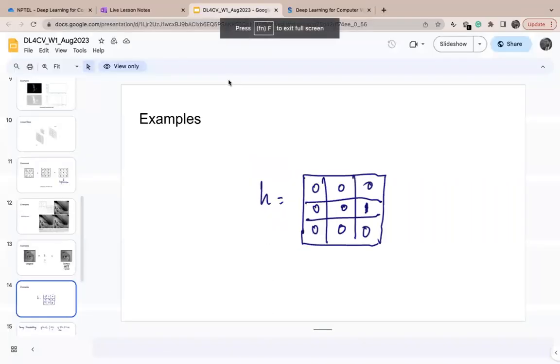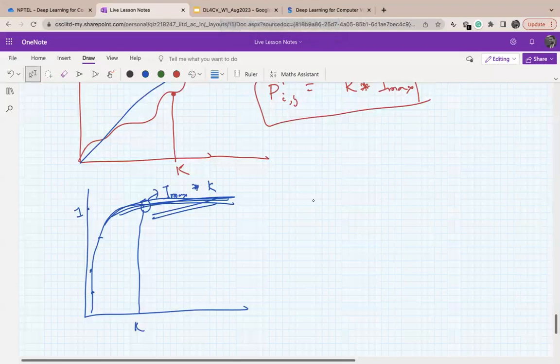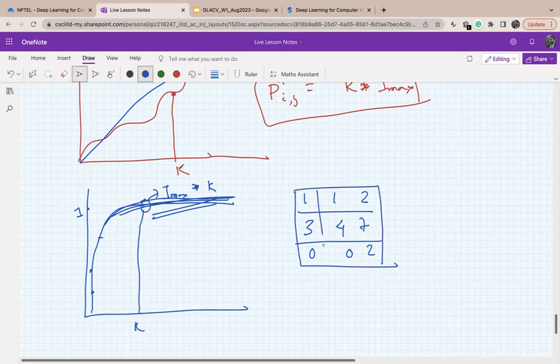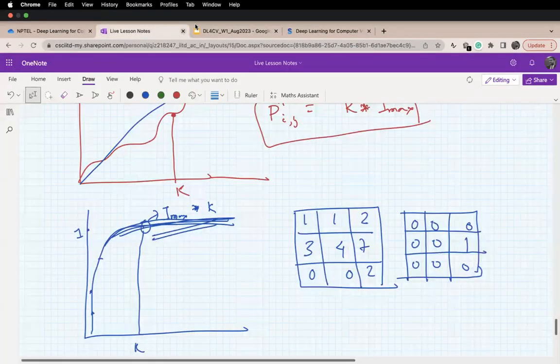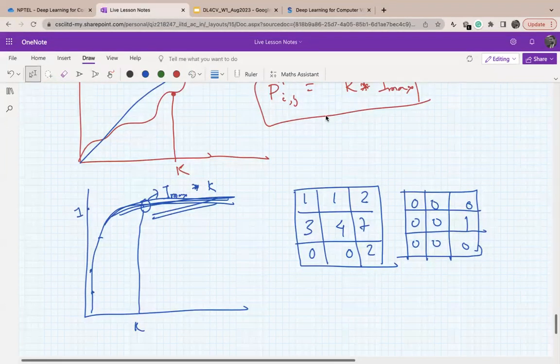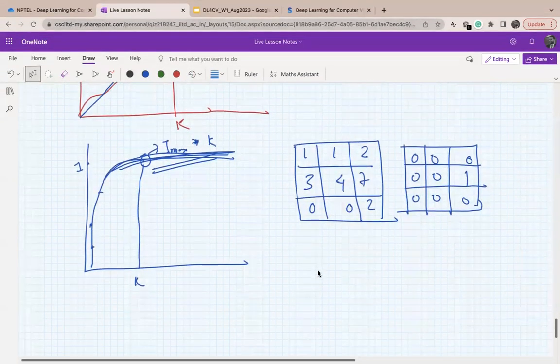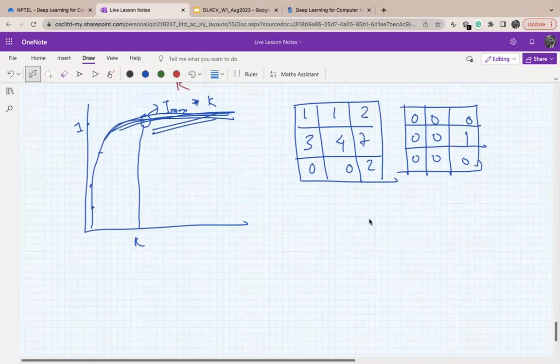If I may try it on the board, let's say you have values of 1, 1, 2, 3, 4, 7, 0, 0, 2, and your filter is 0, 0, 0, 0, 0, 1, 0, 0, 0, 0, 0, 0. And when you multiply this entire thing element-wise, you'll get